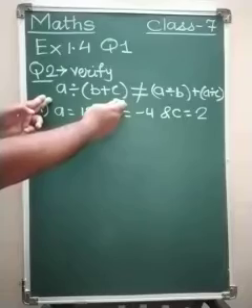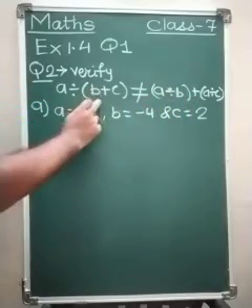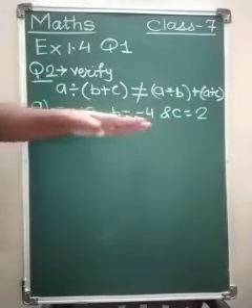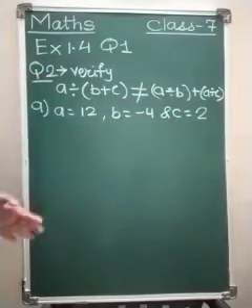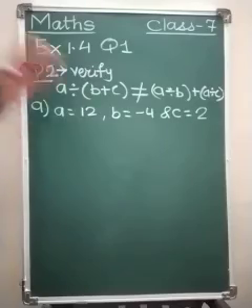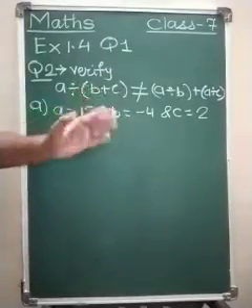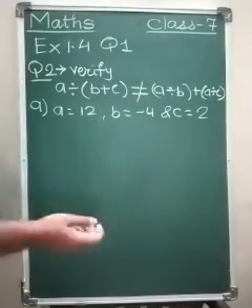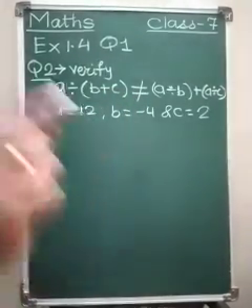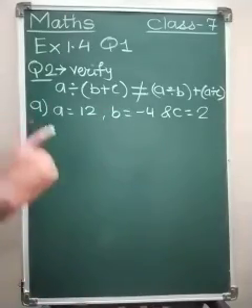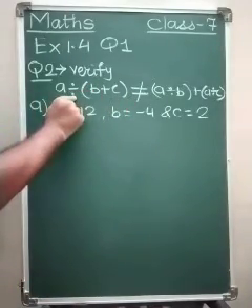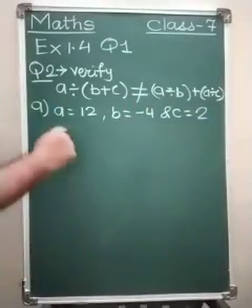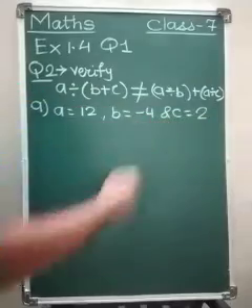Again, how have we done that? This is the left hand side, this is the right hand side, LHS and RHS, and we will solve LHS and RHS differently, and we'll see whether both the sides are equal or not. If they are equal, then this is wrong, but if they are not equal, then this is true. This is the not equal sign, and we have to prove that they are not equal. Please remember this: in multiplication, if your multiplication sign is there, then this would be equal. Okay, so let's see. A equals 12, B equals -4 and C equals 2.